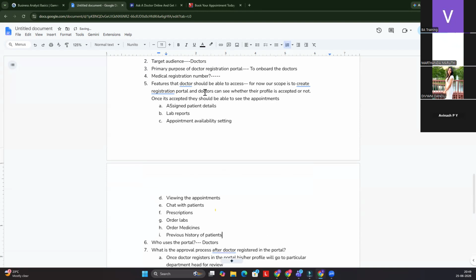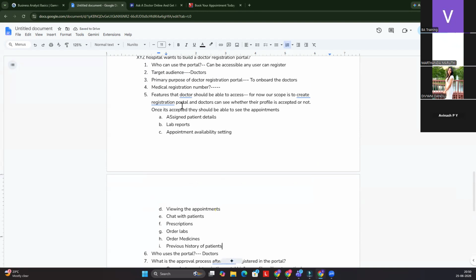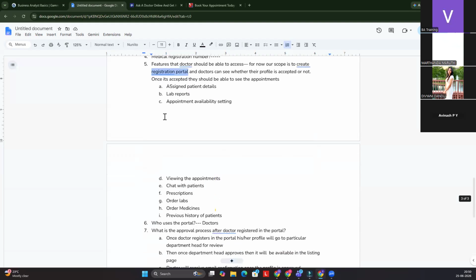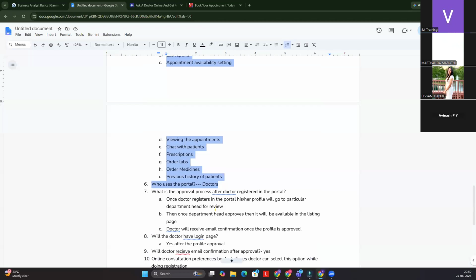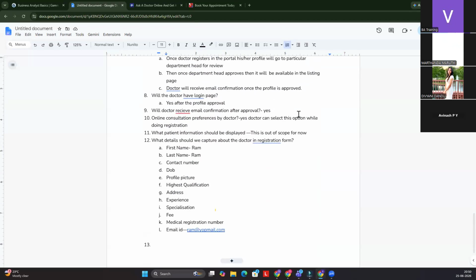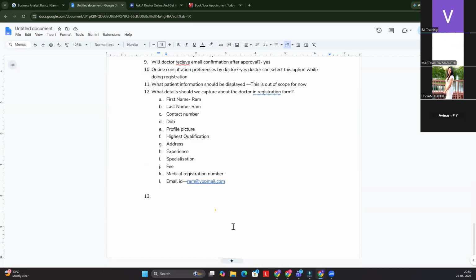But for now, what are we doing? Our scope is to first create the registration feature, the registration portal. Then we will discuss all these other things. You understood, guys? So what did we do? What did you guys do? You guys did